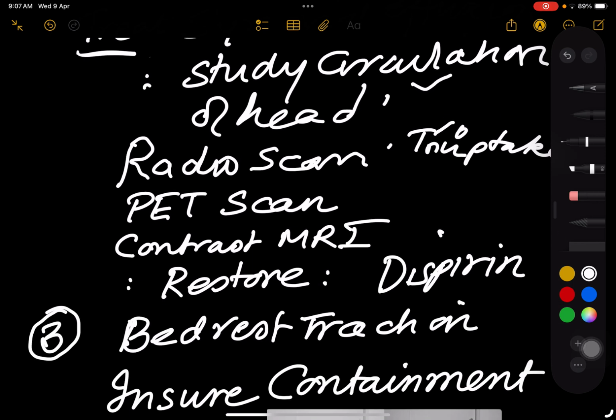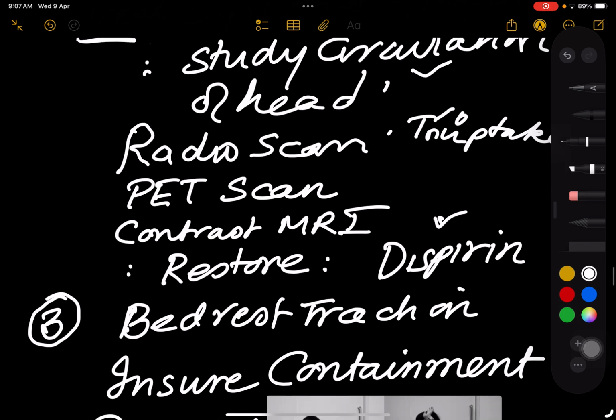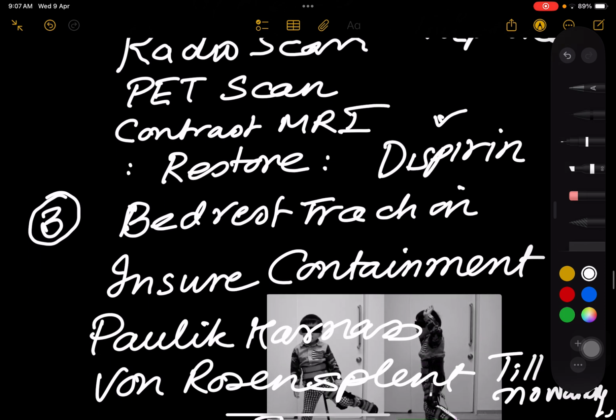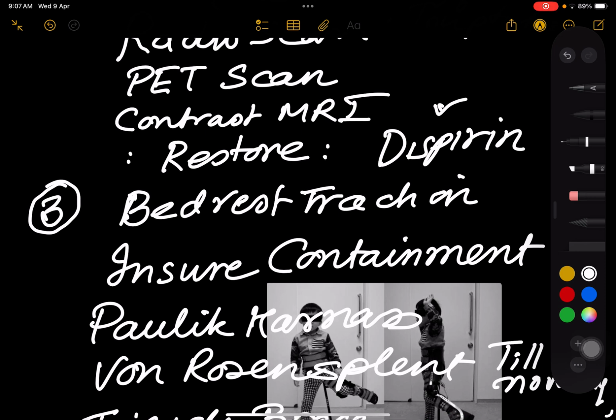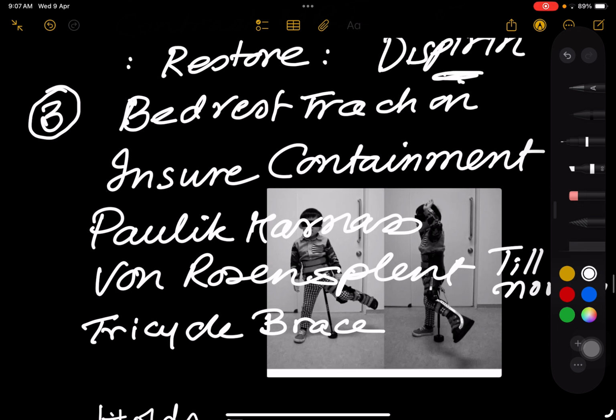The second thing is, you may be asked how you study the circulation of the head. It can be by the radio scan, the PET scan, or contrast MRI. The radio scan is by Technetium 99 uptake. Then you must restore the circulation. Easy thing is, you may put the child on Disprin. Then you maintain bed rest and traction